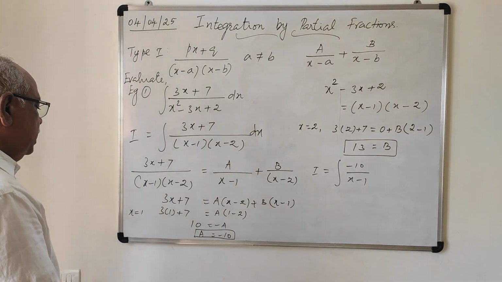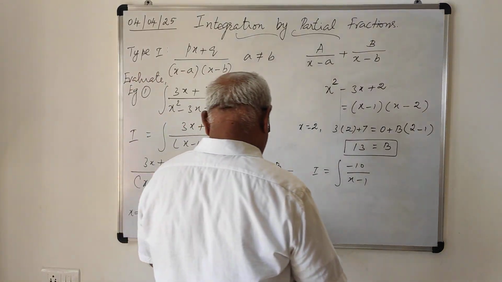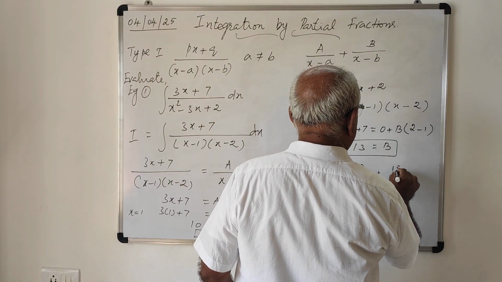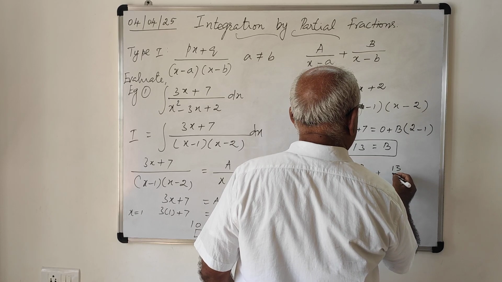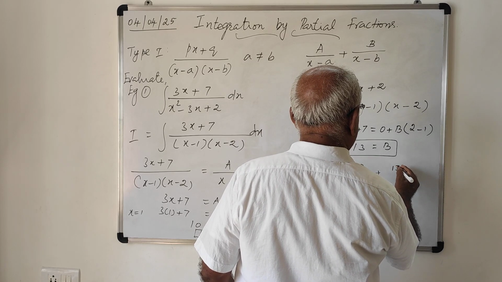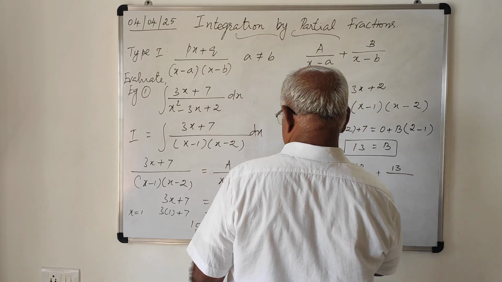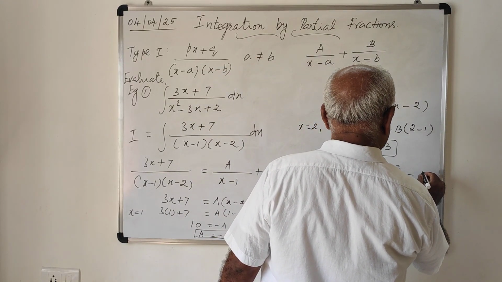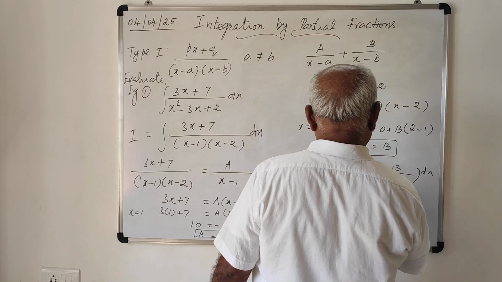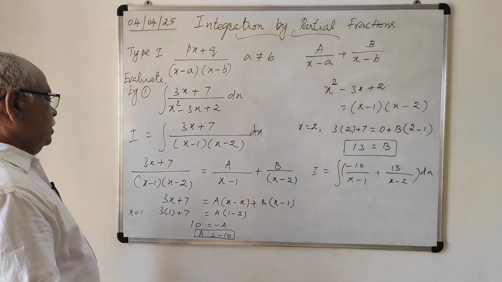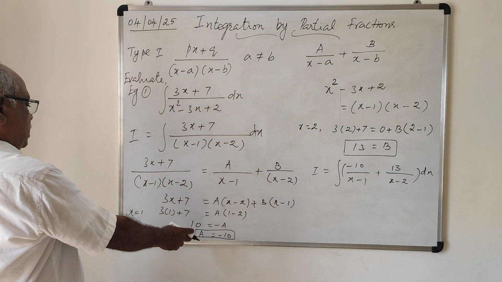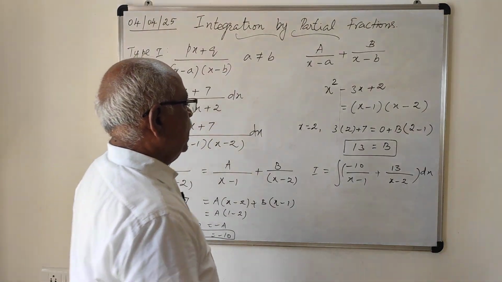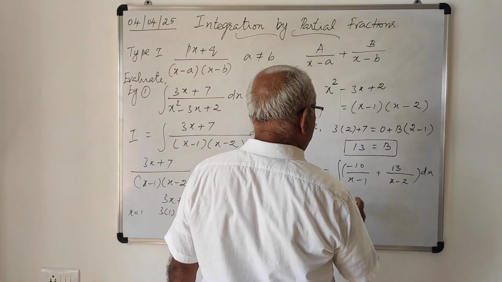So minus 10. A equal to minus 10 by x minus 1 plus b, b is 13, 13 by x minus 2 dx. So a equal to